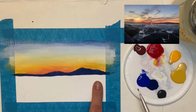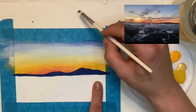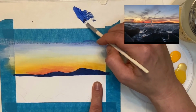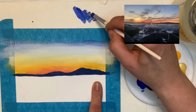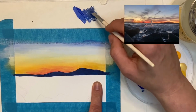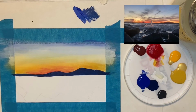nice grayish, bluish quality to it. And I think that this might be, let's test a little bit. I'm going to test up here. That might be a little bit too bright for me versus this. So I've got this admiral blue versus this brighter blue that is, what is this blue? Cobalt blue. It is a nice true cobalt. And I think that